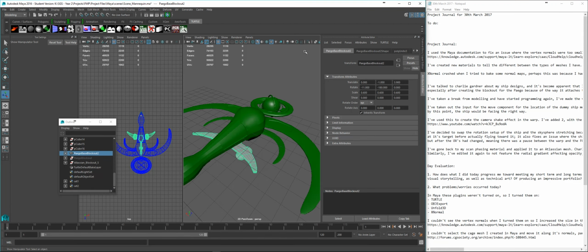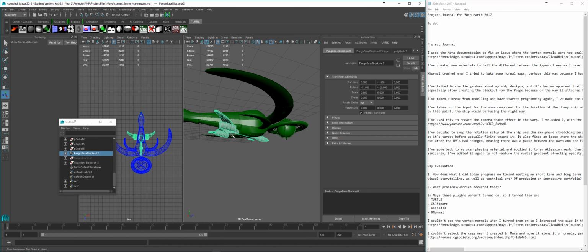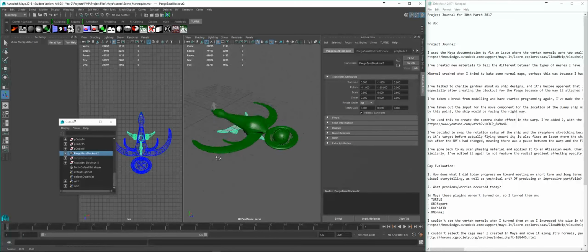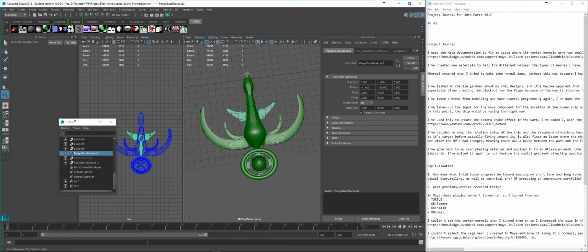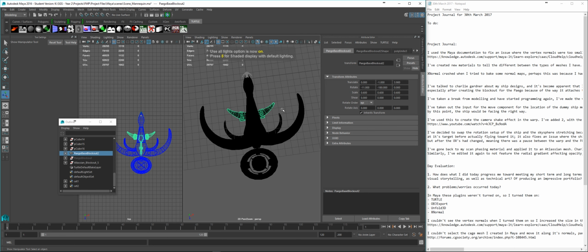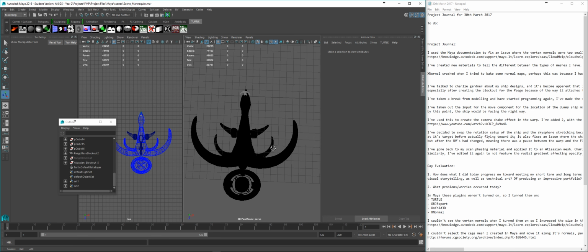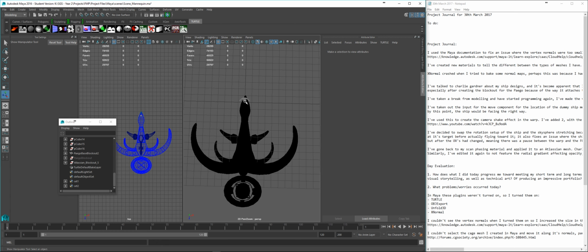So yeah, and it was facing the other way. However, I talked to Charlie Gardner about the ship designs. He suggested facing it this way, because if I do the super cool looking silhouette, it looks like it goes with the form, because obviously these are coming outward and going up. These wings are also coming outward and up, and it fits in with the